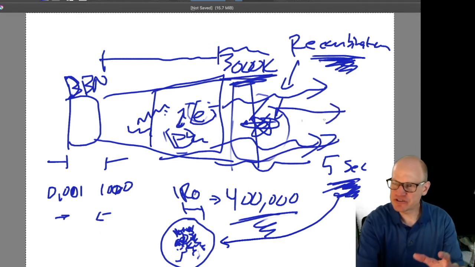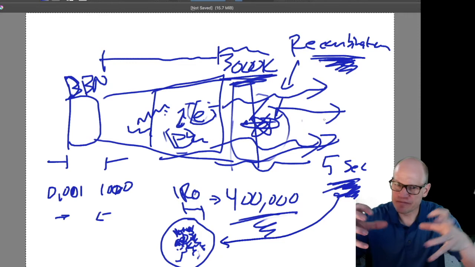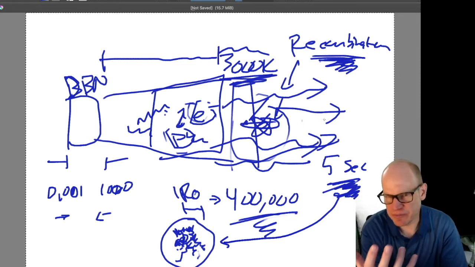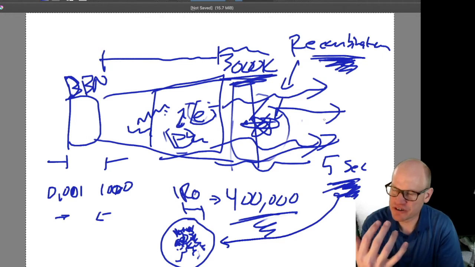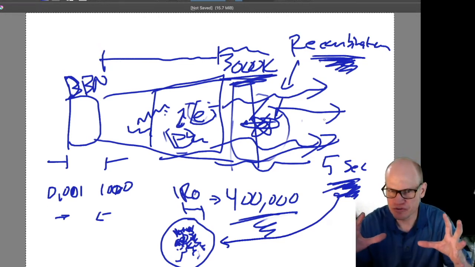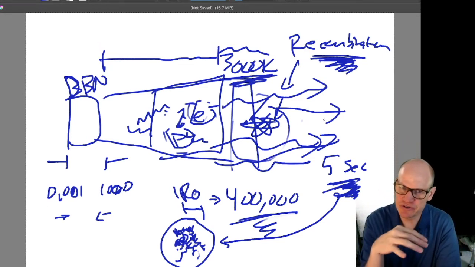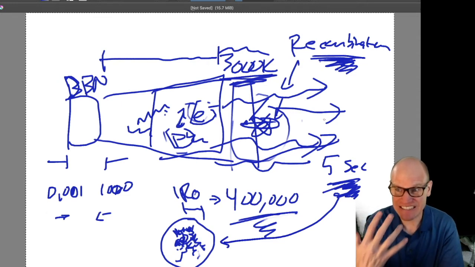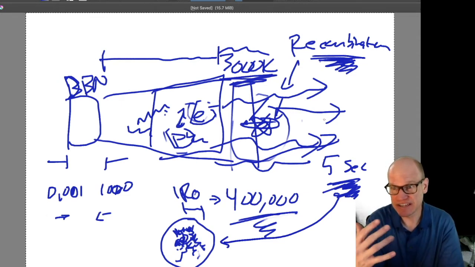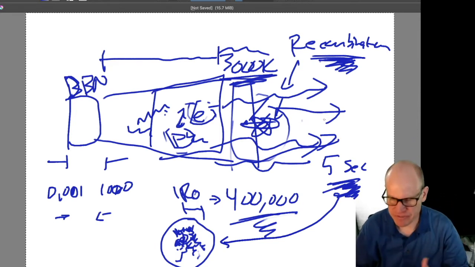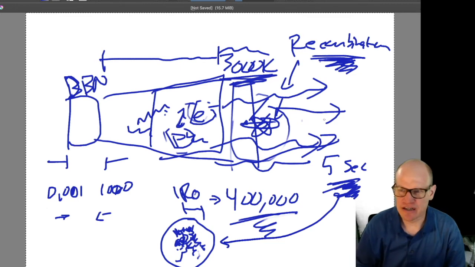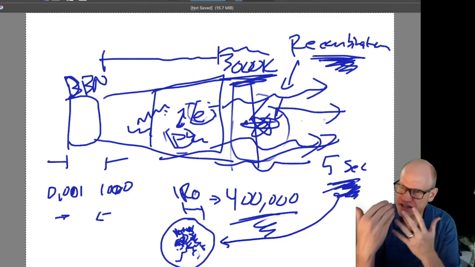As time continues to go on and the universe continues to spread out, there's another thing that happens, and that is you start forming stars. Those stars start to shine. The light from those stars is very bright, and it starts to ionize the universe again. So right now we live in a universe where the gas is ionized again. Most of the gas in the universe is ionized. And so one might wonder, then why can we see through it? Because if it's ionized, then that means the universe is a plasma. And with any plasma, like a lightning bolt, you can't see through it.